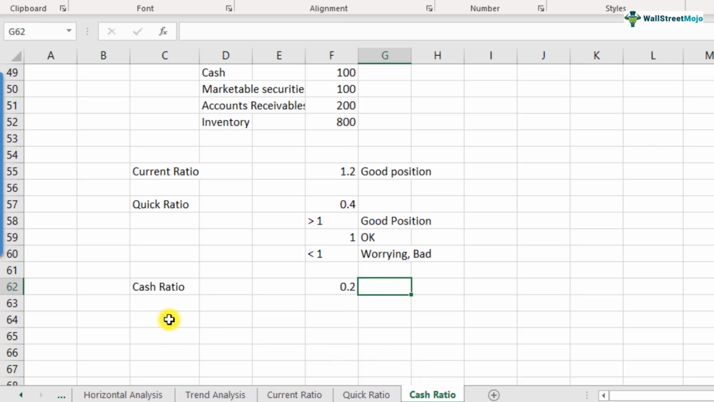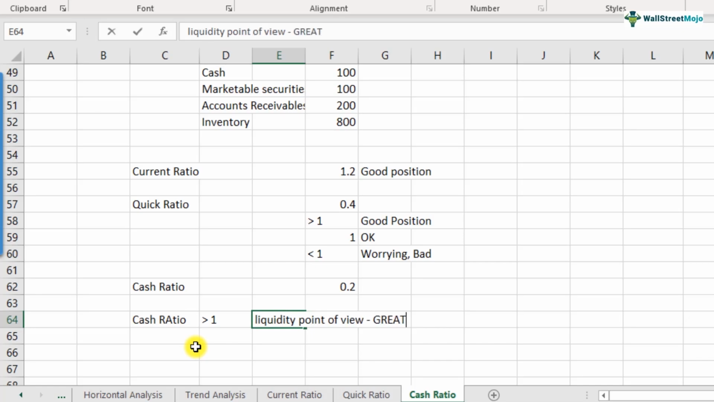Here, what happens is when you have a cash ratio which is, let's say, greater than 1 for a company which you are analyzing, what does that mean? From the liquidity point of view, the company is doing great, because you will be able to use your cash which is there in the bank, and you'll be able to pay off your current liabilities. But from the growth point of view,